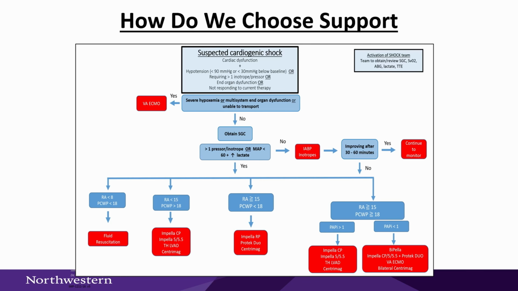We have an algorithm here at Northwestern, different centers. I looked up Inova's to remind myself. They have subtle differences, but at the end of the day, everything is trying to focus on the right device for the right patient. And not under-supporting them and not over-supporting them and figuring out RV versus LV. And this is where SWANs are very helpful. So at the bottom, we use wedge and CVP, and then we use PAPI. People use different things. I don't think it matters whether you use CVP of 14 or 15,